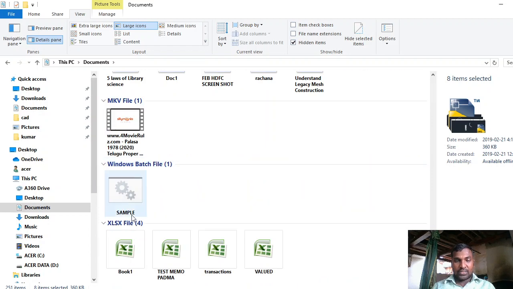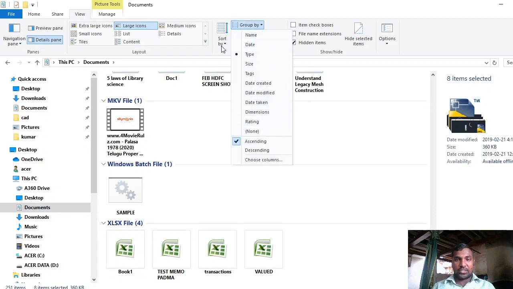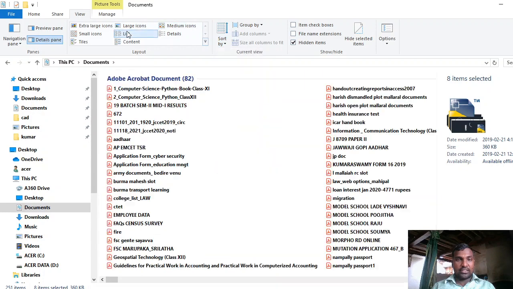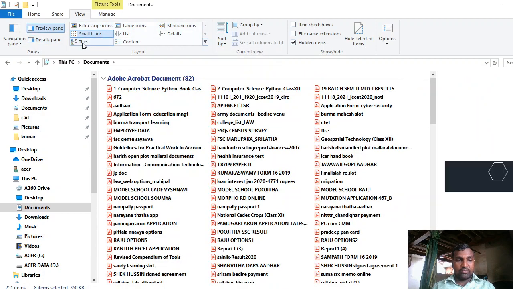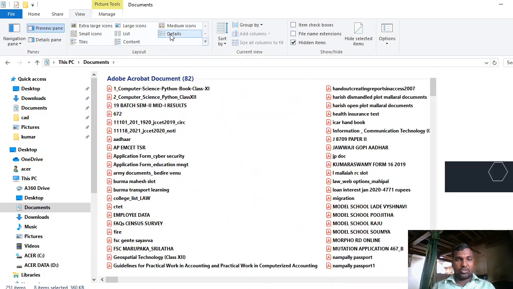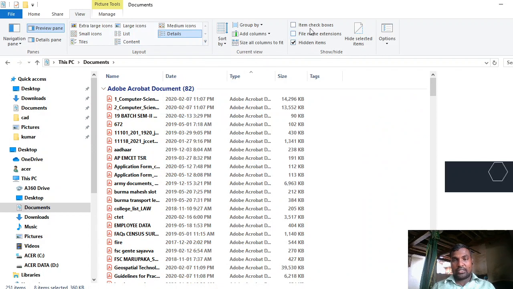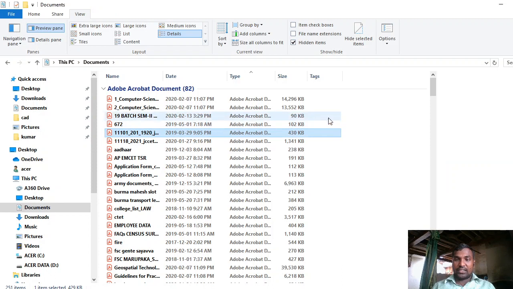Like this, all the Excel files are available here. So in this way you can view all these options, and you can change the present layout of those files and folders. Okay, so in this way you can organize your files and folders.